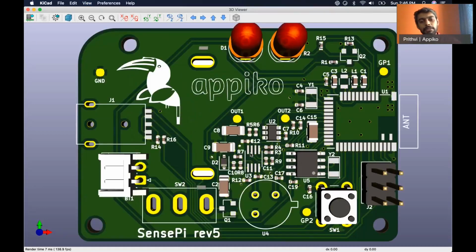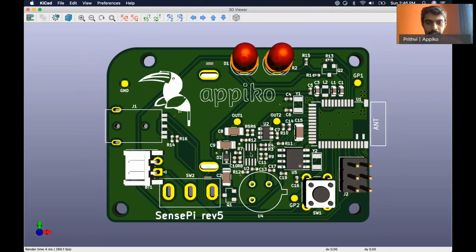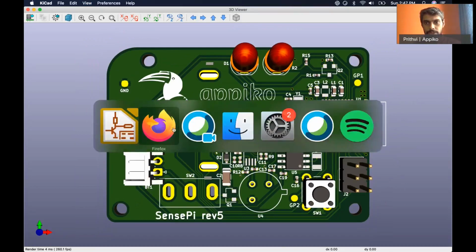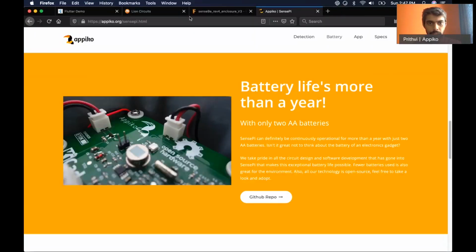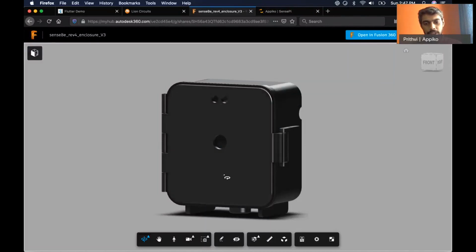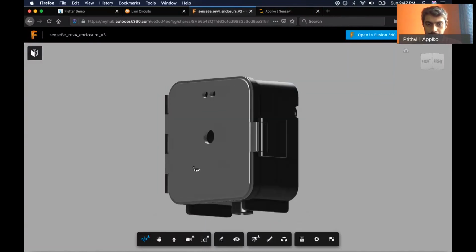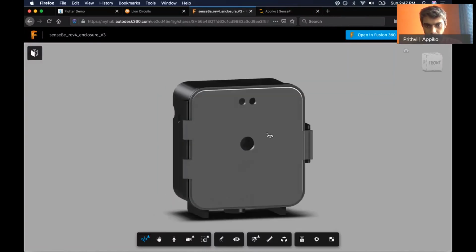The reason why we made the PCB in such a way where the motion sensor is at the bottom of the PCB, and there's an on-off button here, and the LEDs are at the top, is again with respect to the enclosure that we are using, which I'll show you now. We designed the enclosure in Fusion 360, and you can see this is the enclosure, right?